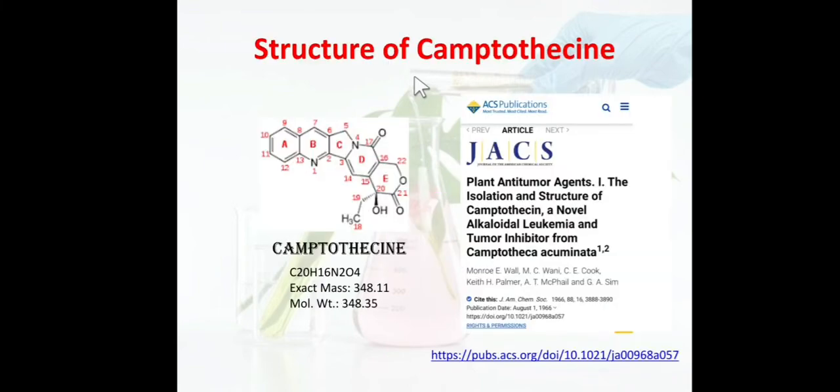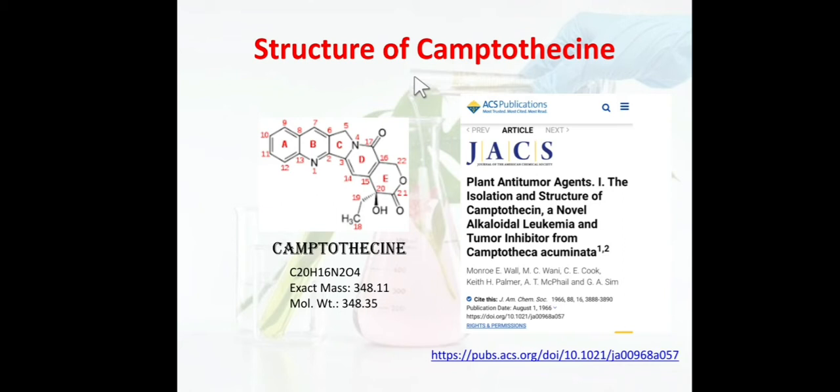So friends, let's consider one case study, or example, of camptothecin. If we have this kind of natural product which is isolated and purified, how can we determine the structure by using physical as well as chemical methods? Camptothecin has 6 fused ring systems, and it is an anti-tumor as well as anti-leukemia agent. It is isolated from Camptotheca acuminata. So friends, let's see how it helps us.